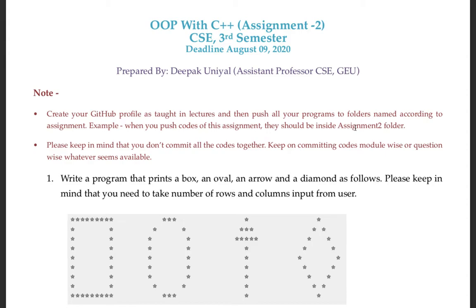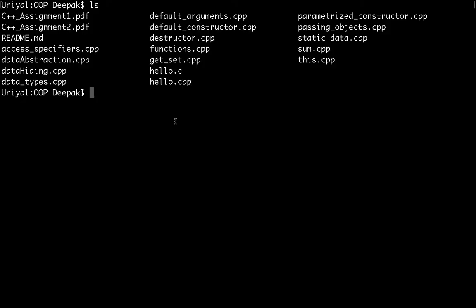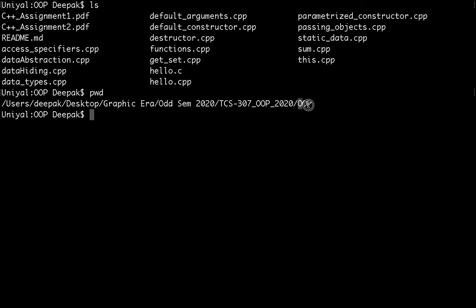All right, so what I will do, I will show you my directory and create some folders inside that and show you how can you also do that. All right, so let's go. Here is my GitHub directory, and I have a git repo here with name oop, which I have cloned from here and use this terminal for cloning that directory. So here is the parent folder with name oop here.